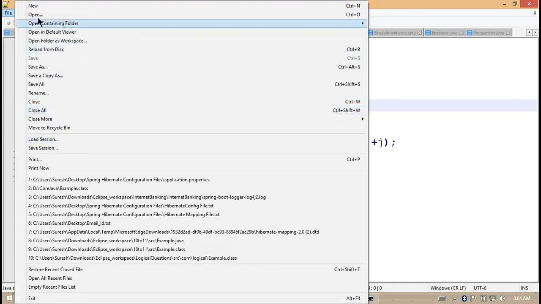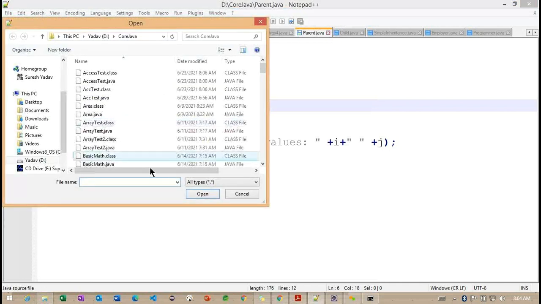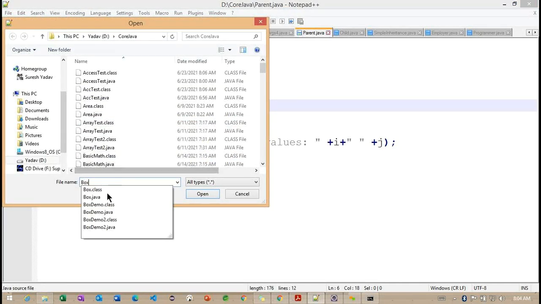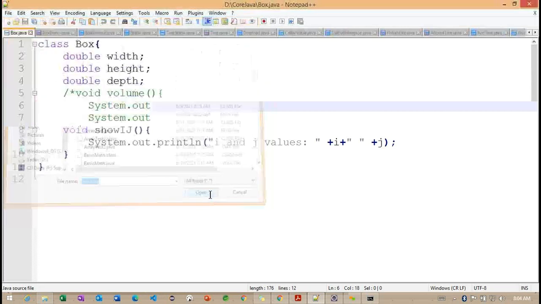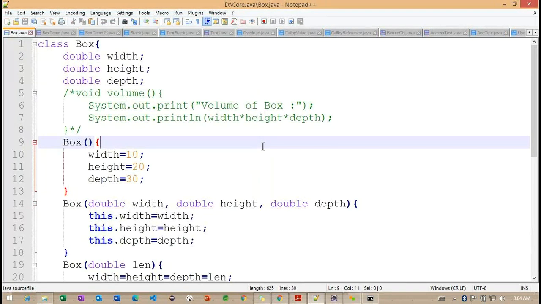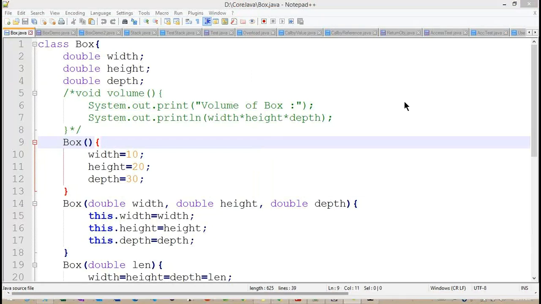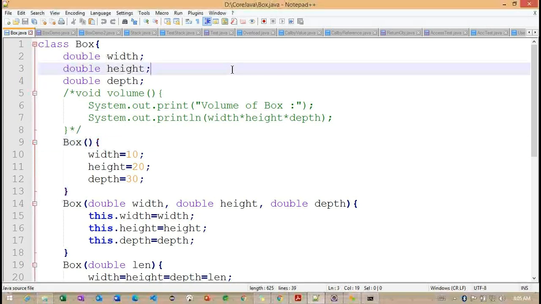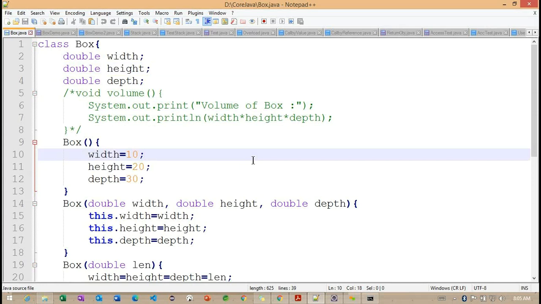That is called the box class. I will try to open the box class here. So inside this particular box class, let me check with these three parameter variables.